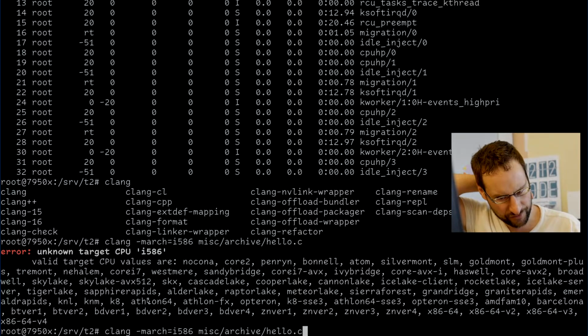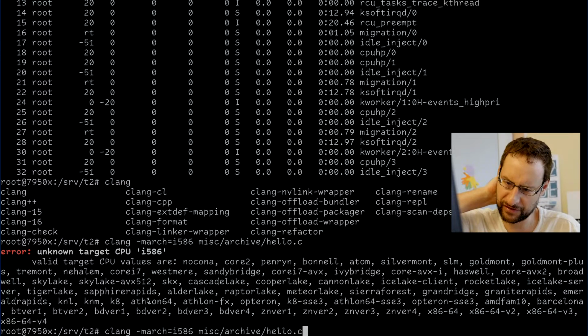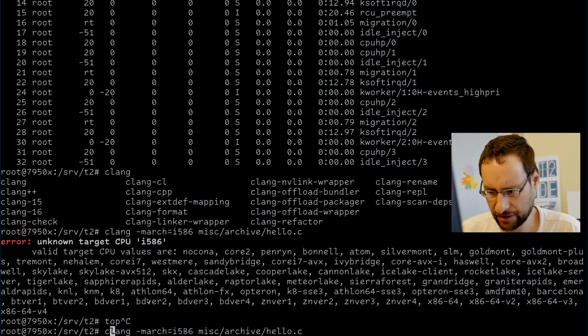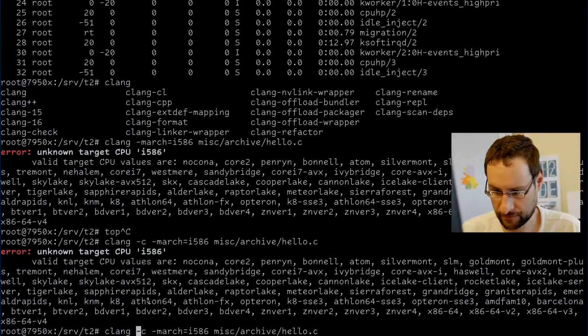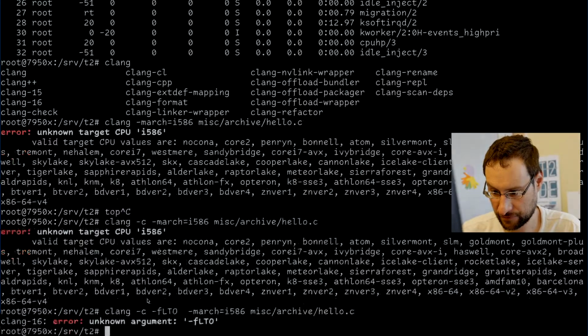So that is crazy. It compiles all the files? Or is it only the linker? Is it FLTO?